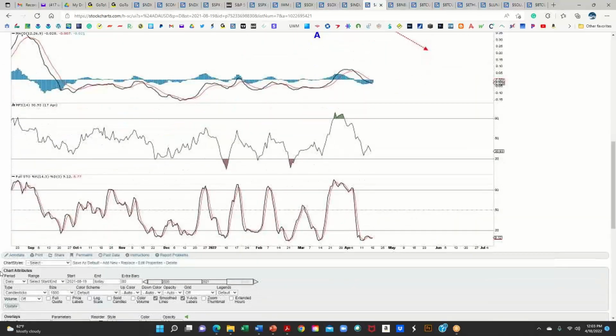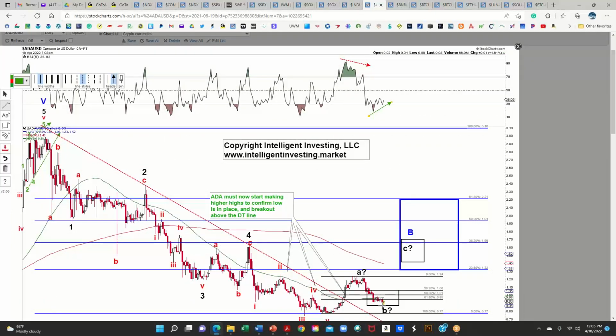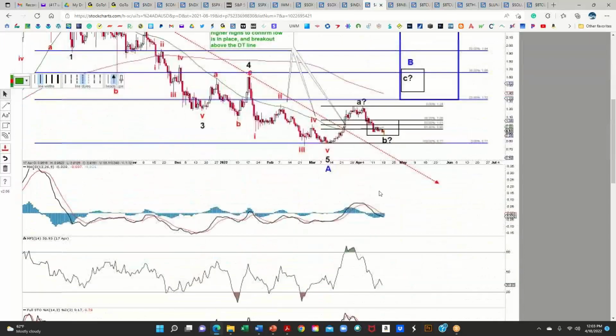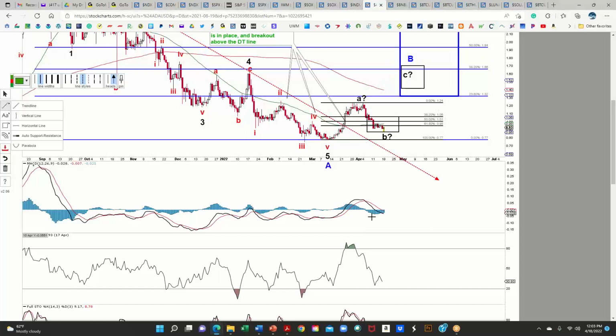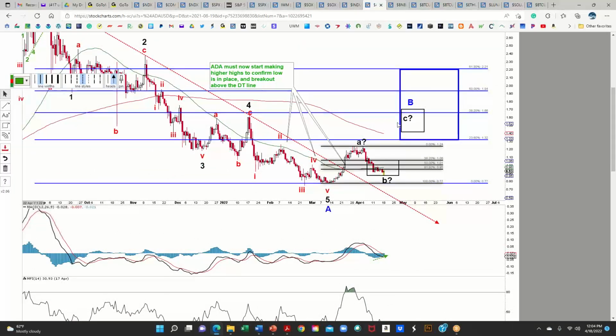And now, if this is setting up nicely, if we can hold today's low, that is pretty much for everything, then we have some nice positive divergences in place. As you can see here on the RSI 5, price went lower on less strength, so to say. And we can see the same here on the MACD, a little bit on the money flow, and a little bit on the full stochastic. So this looks pretty good as long as we can hold the low. We can even go below it, but so far we've bottomed in this ideal target zone. That's what I like, 76.4% retrace.